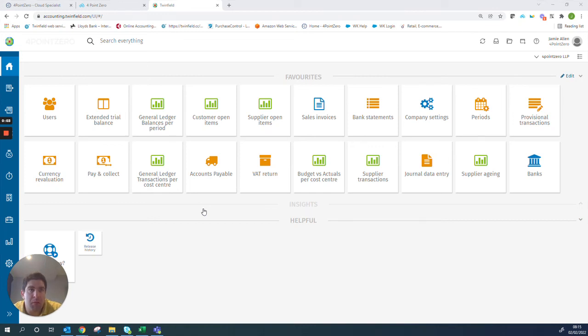Hi everyone. So today I wanted to do a video on how to create separate creditor control accounts. We had a query from a client where they wanted to post some intercompany invoices, and historically it had all been grouped under trade creditors, and they wanted it to show separately on their balance sheet